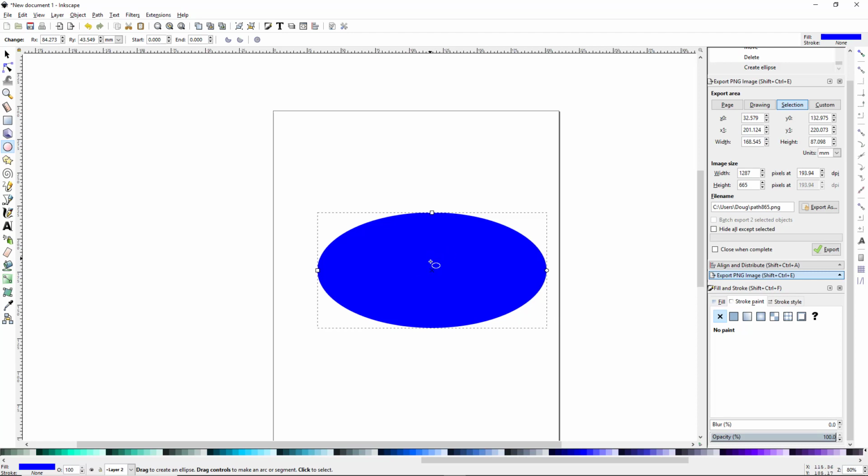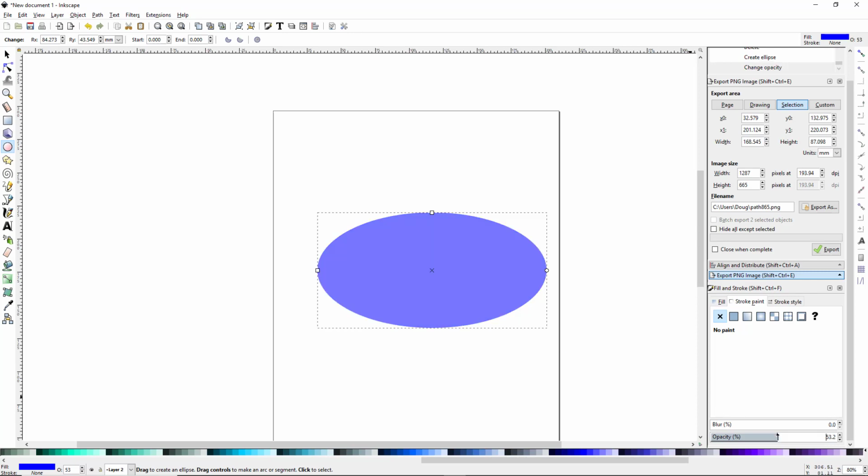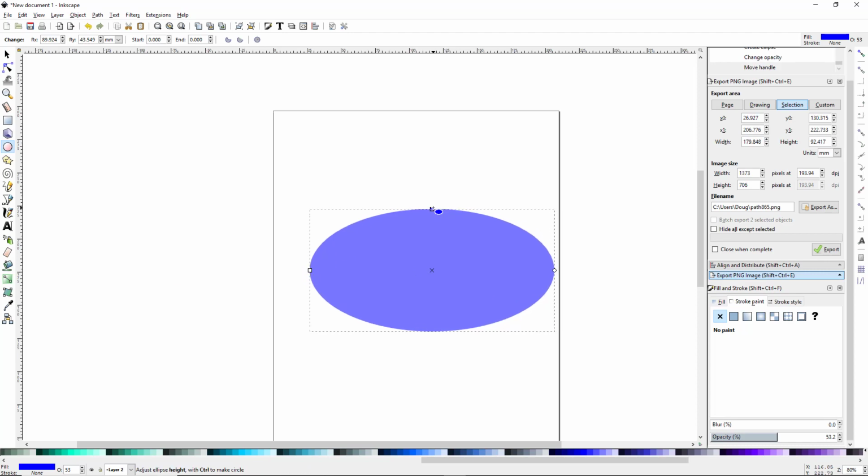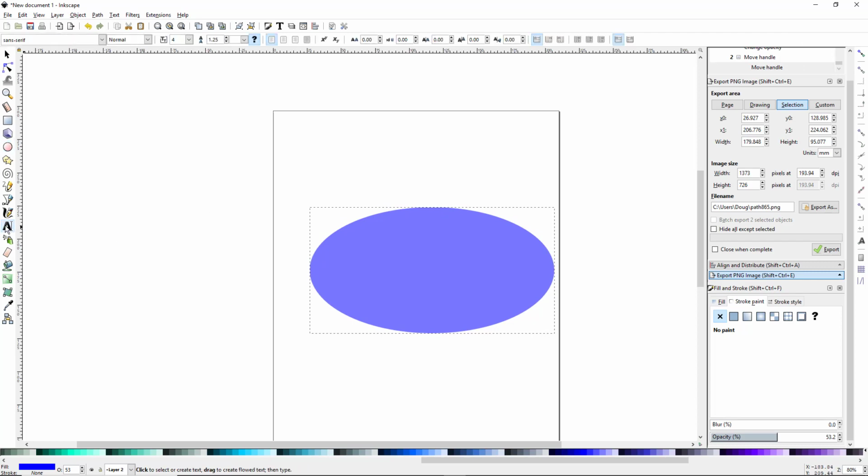And now we can lower the opacity, and you can make the ellipse whatever shape you want. You know, I'm okay with that shape right there. Now you can grab your text tool and create whatever text you want. If you want to use your name, you can. You know, I'll just type my name,